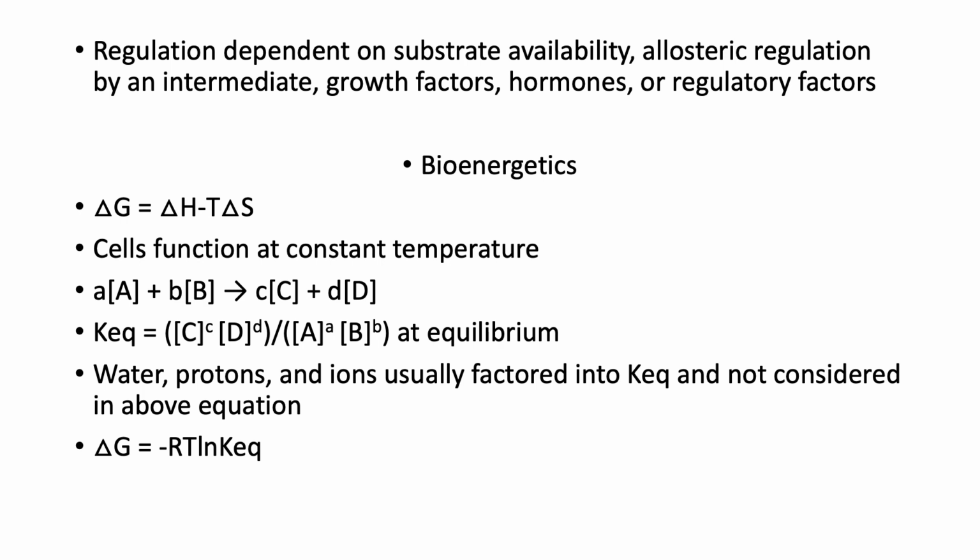So spontaneous reactions will have a negative delta G. Heat-producing reactions will have an increase of delta H. Cells function at constant temperature. By definition, they have temperature optima, and the reaction of A and B to C and D has an equilibrium